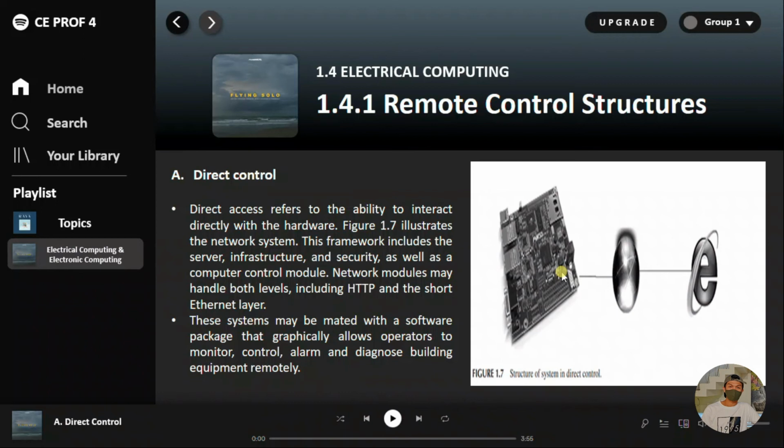So in the remote control structures, when we say direct control, it's the easy control. It's direct, so whoever can access it has the ability to reach the hardware through the internet. So that is the direct control. So the next one